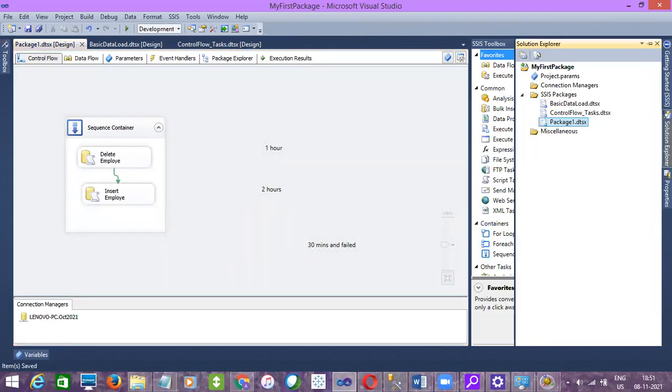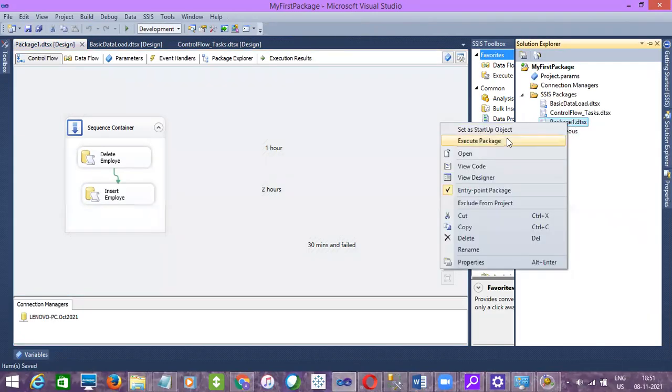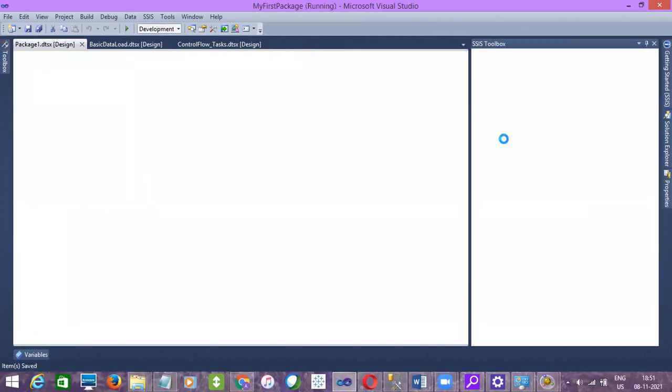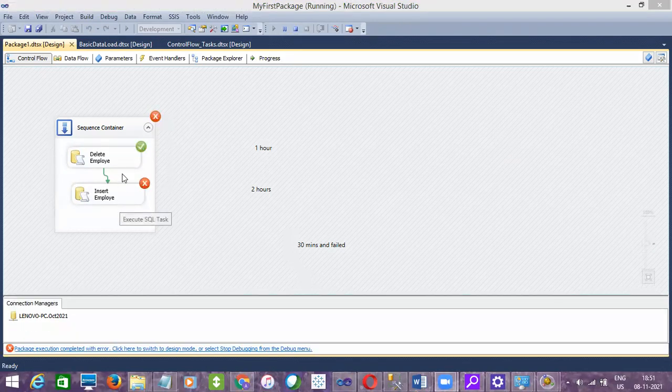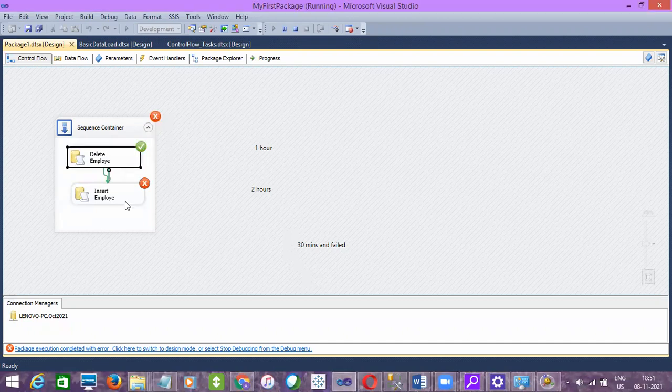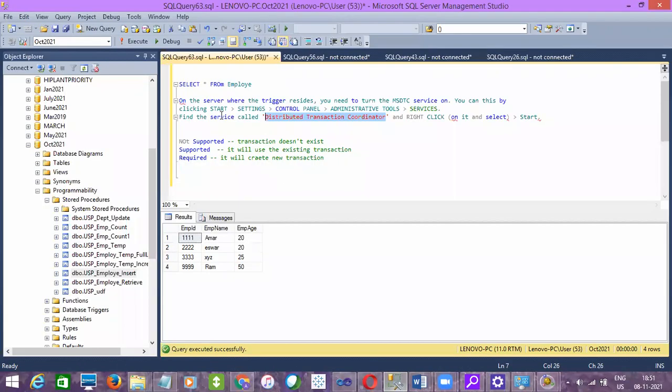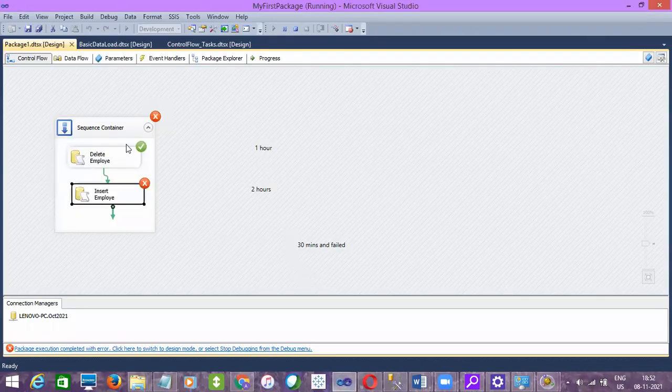Save it. Right click and execute package. See, the first task ran fine, and then the second task failed. So let's check our destination table whether data is there or not. Can you see, data is still there, guys?